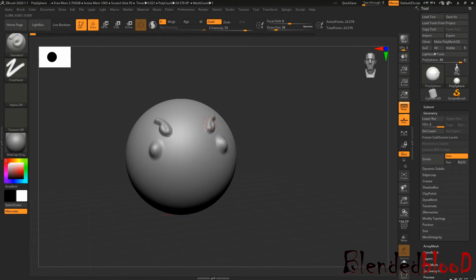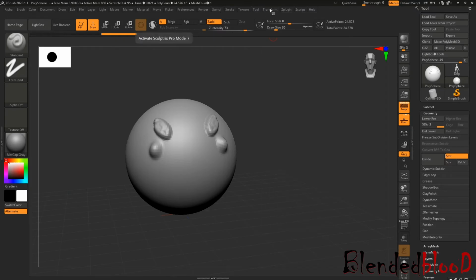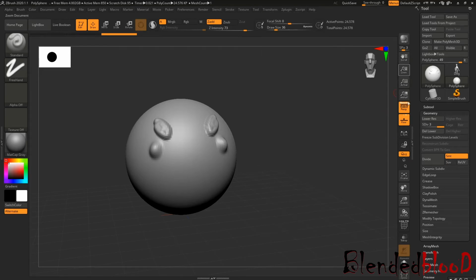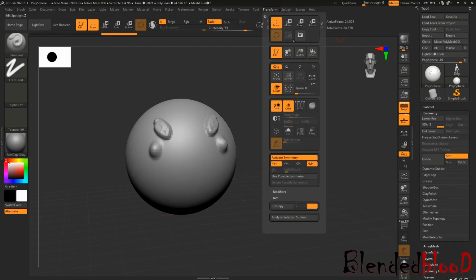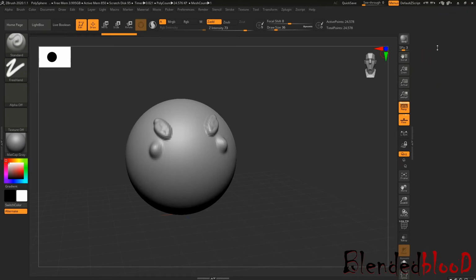Hit X again for your symmetry. Now come to transform. There are a few options. See, snapshot, object, move panel, the same thing. There are a few options which you find on this panel. So if you miss anything from here, you can get it from here. How? See, this one is the tool option, right? You can see this shutdown kind of option. If I click on this, the options will vanish.